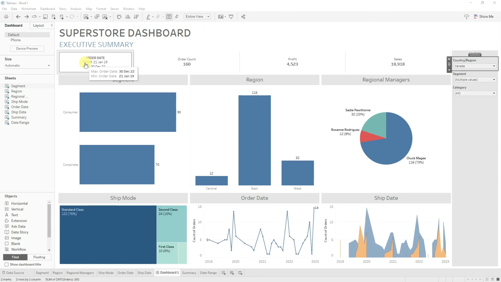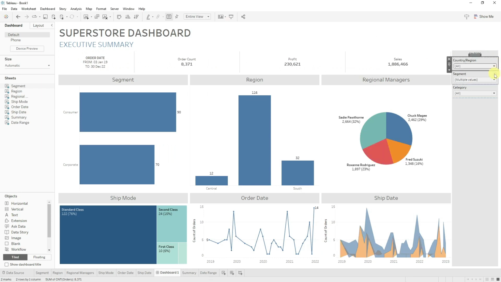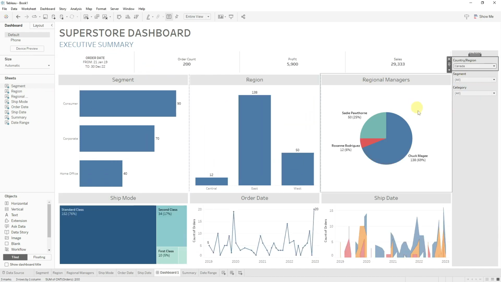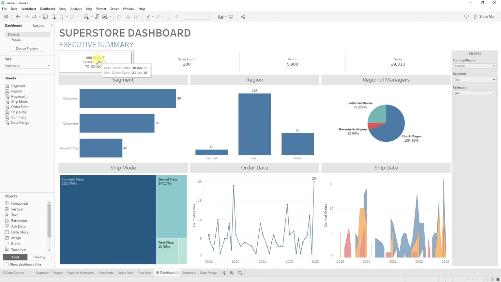Now our dashboard has this neat little summary section as well as these filters that the user can use to slice and dice their data however they like. In the next video, we'll introduce some more advanced filters for filtering dates, as well as show you how to